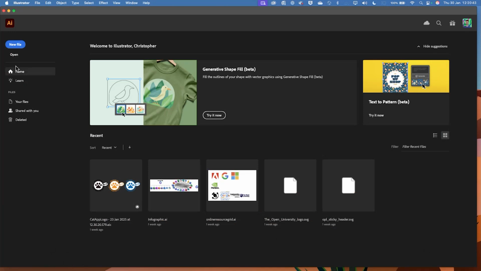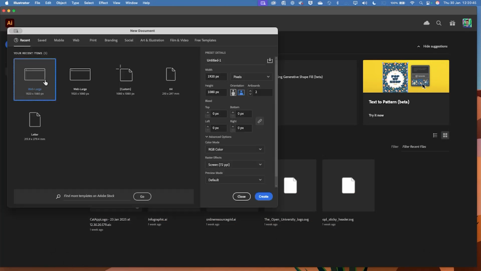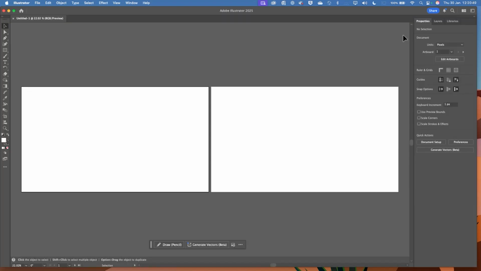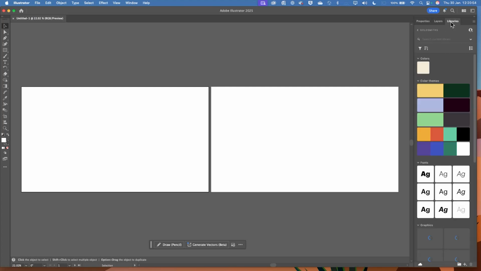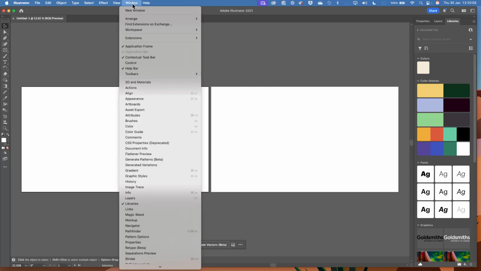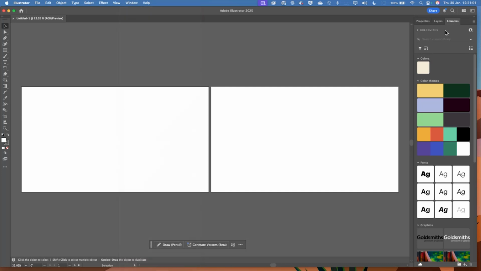and if I create a new file very quickly, I can open the Libraries panel over here. Sometimes you'll have to go to Window and make sure you've got a tick next to Libraries.